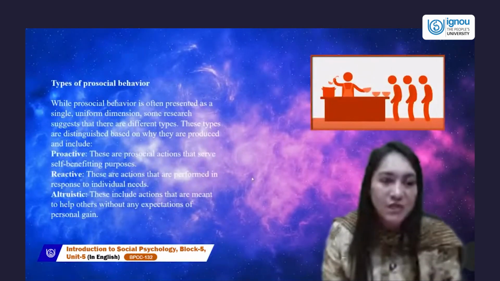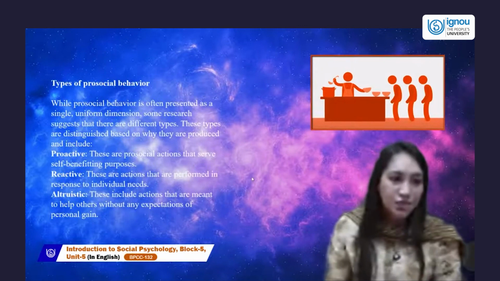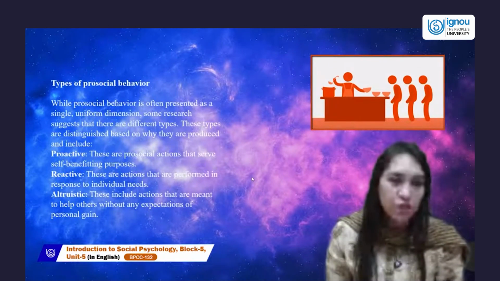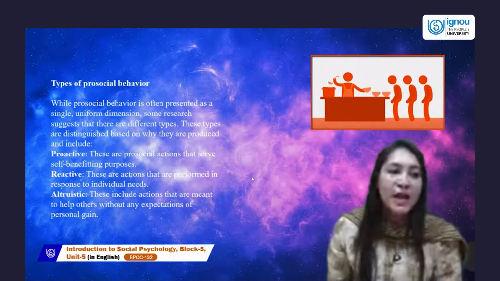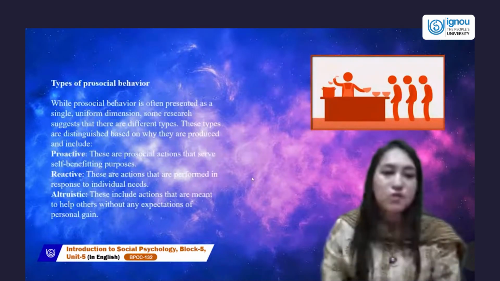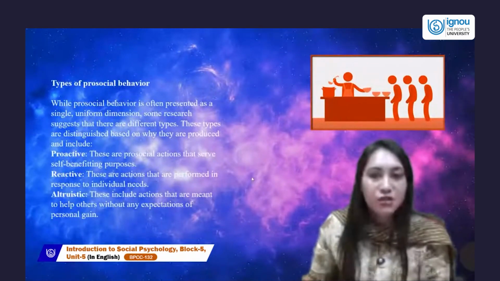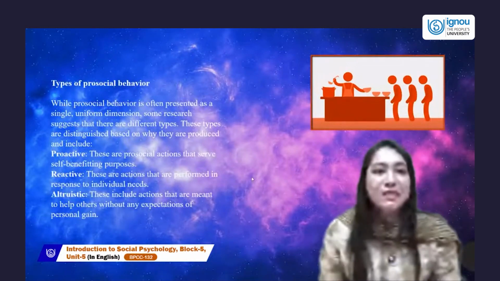That leads us to prosocial behavior, as we did. We have proactive, reactive, and altruistic, which were discussed. We will continue from this. Helping other people without expecting anything in return is prosocial behavior, which involves having empathy, and proactiveness also serves as self-benefiting. Altruism is nothing in return. Reactive is performing in return for your basic needs. This finishes the introduction to prosocial behavior today. Thank you. Hope the class was understandable.